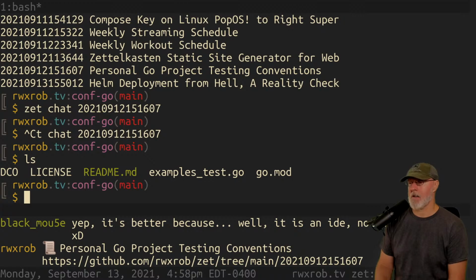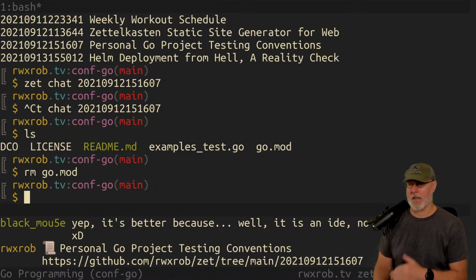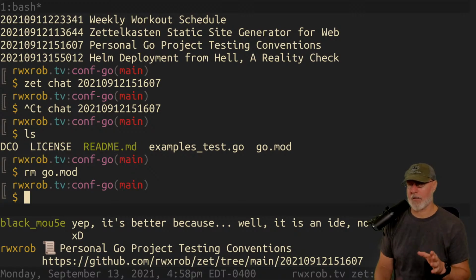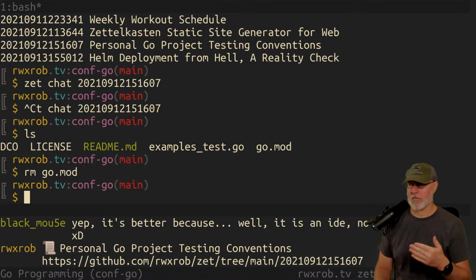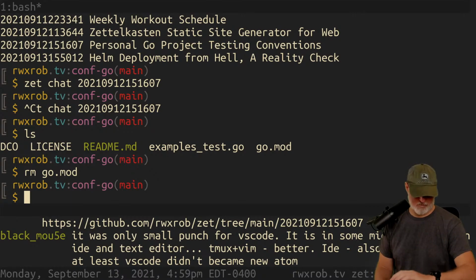All right. So, I've already done my Go mod. Let me get rid of it so you can see how to do it. The first thing that I do in any Git project, whether it's a command or a library, and you really only have those two options when you're making Go stuff, is this: everything in a Go directory constitutes a package. A module is different than a package, by the way. A module is essentially a single Git repo.